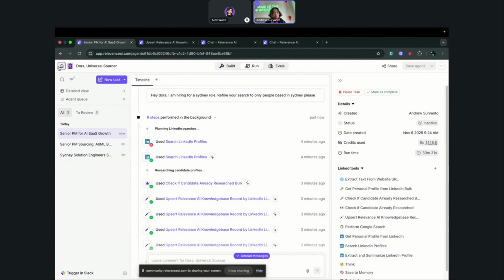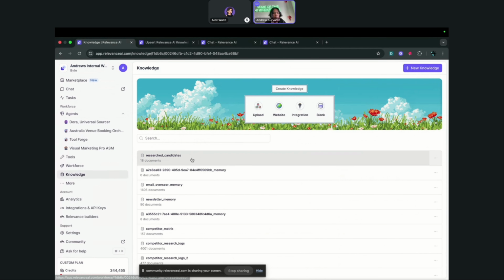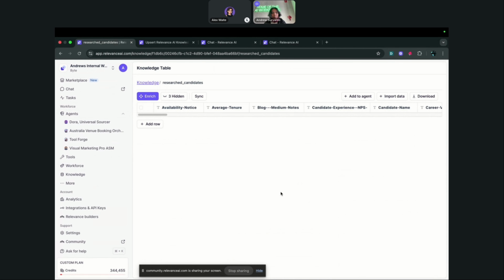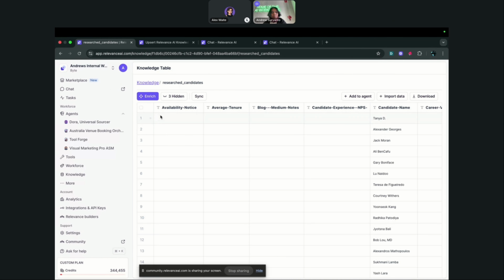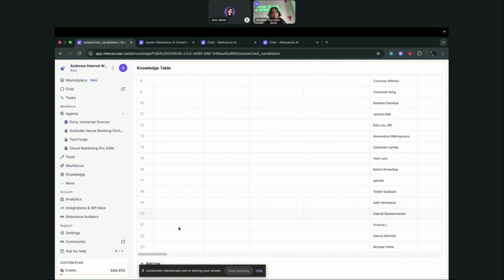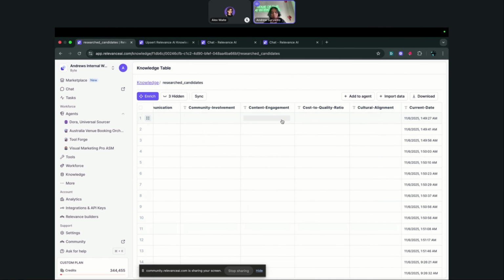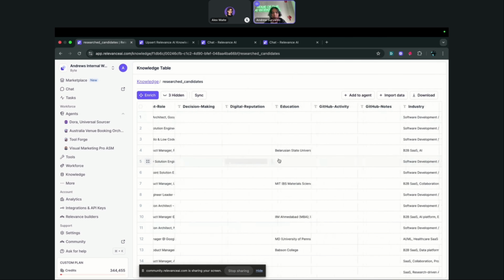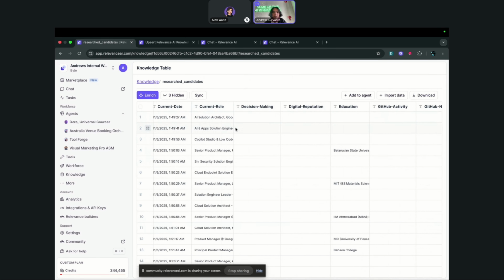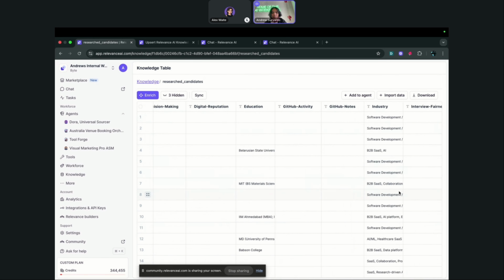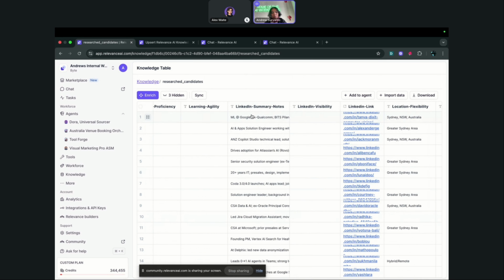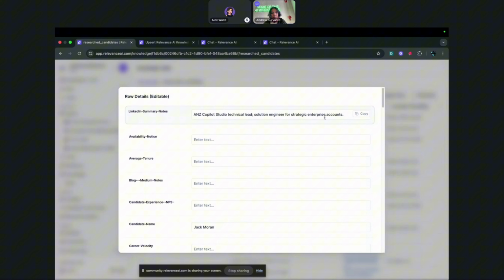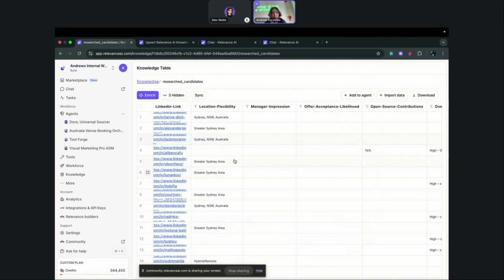What this looks like is if we go out here into knowledge and we have our research candidates. So this is what the table looks like. It has all the different bits of information that the agent has managed to get. The main things that it is usually able to get are the current role, the education, what industry they work in, and a summary of their notes. If we open up this one, it's just a quick summary on what they do. We have our LinkedIn link as well, their location,